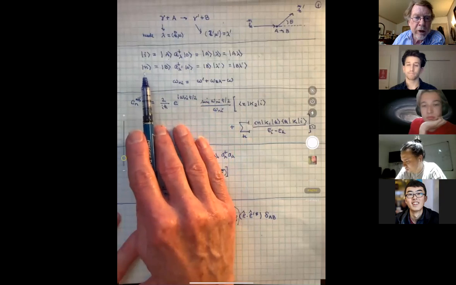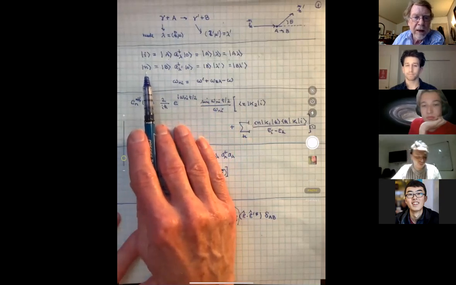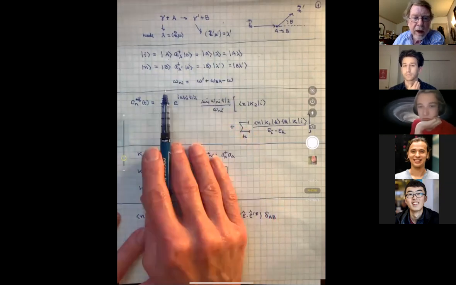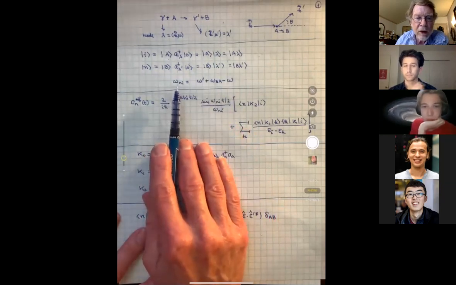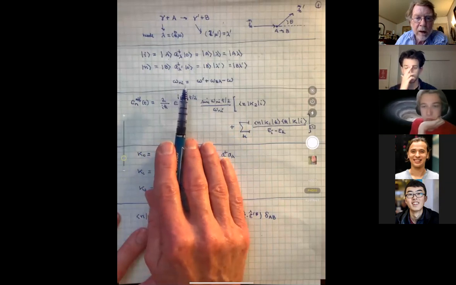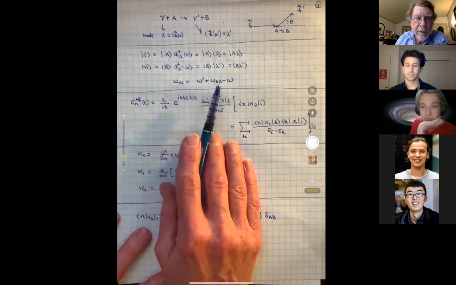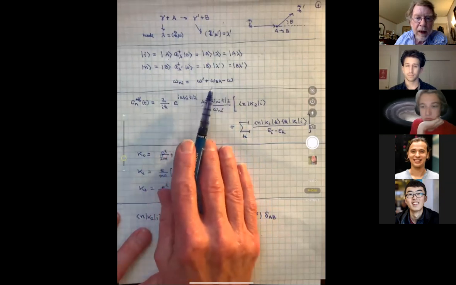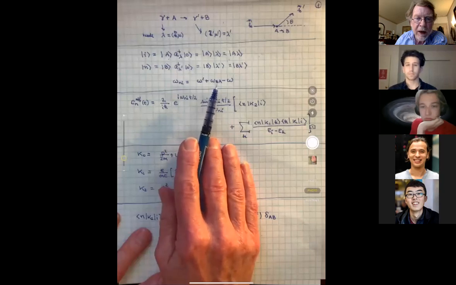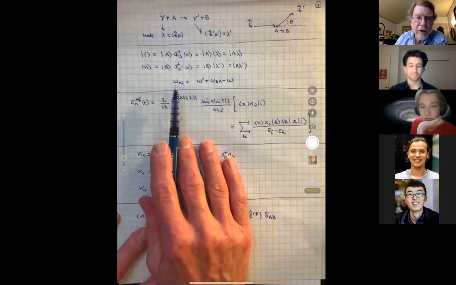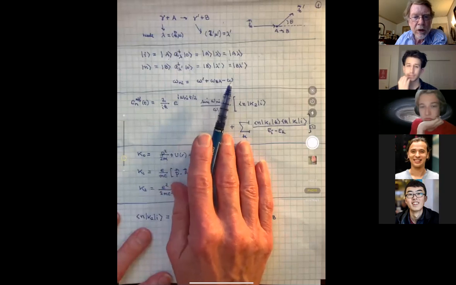The final state, which in the general notation we called N because it's a variable final state, is one in which the atom's in state B and the field has one photon in mode lambda prime. Otherwise, we call this B lambda prime. The Einstein frequency connecting the initial and final states is just En minus Ei over H bar, and that's omega plus omega Ba minus omega prime. If the scattering is elastic, then B equals A and omega Ba is 0, and then it's just omega minus omega prime. In any case, setting omega Ni equals to 0 gives you as usual in this business